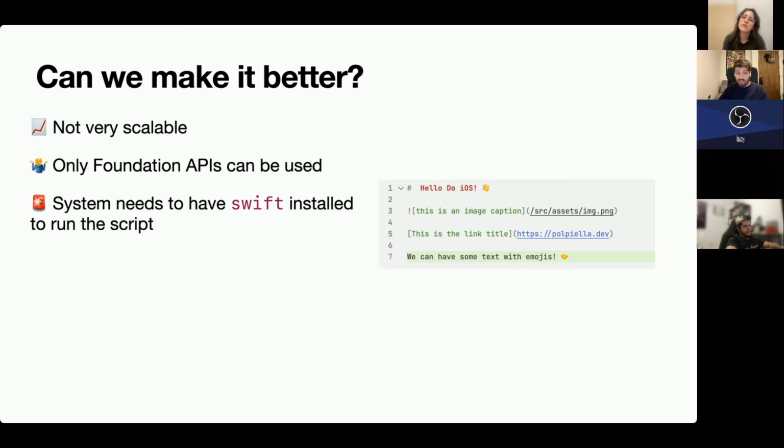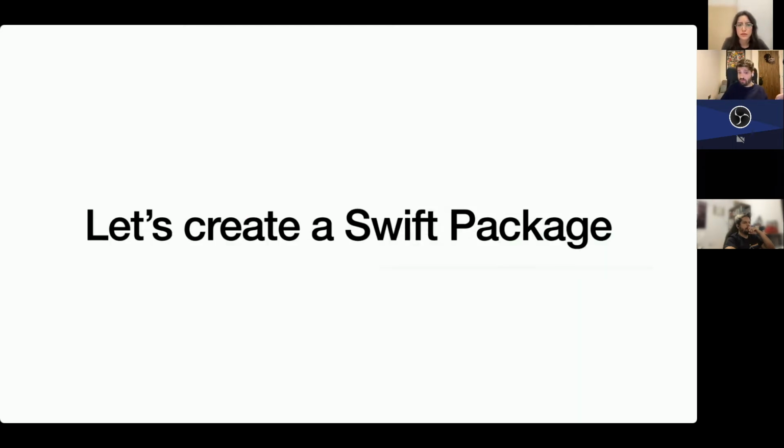Another big downside of this approach is that, as I said, you define a shebang, so you tell the Swift interpreter that it needs to run that code. But the problem is that the system needs to have Swift installed to run the script. So basically, if I wanted to share this with any of my colleagues that wanted to do a similar task, they would need to install Swift on their system. Or if I wanted to distribute this as an executable that people could download and use, I couldn't really do this because you need Swift installed to run the script, which is not ideal. So as I said, I needed a better way to distribute it. So what I did was create a Swift package.